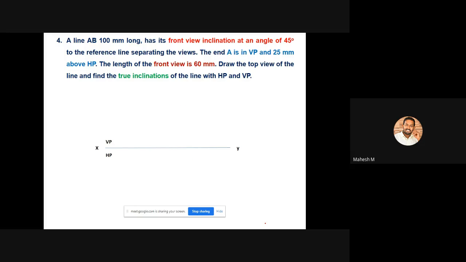So the basic thing that we have to do for each and every problem is to draw the horizontal reference line with the name XY, and also draw the plane names. And I have to tell you one thing. Everyone makes a major mistake